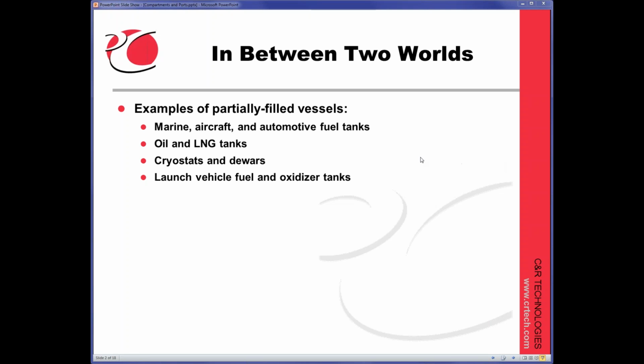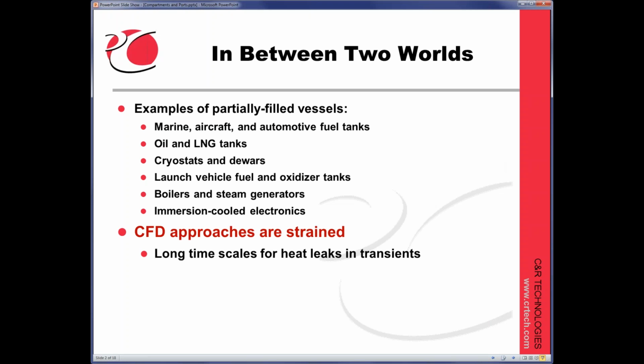of our model. And what I mean by in between two worlds, I guess before I mention that, I should point out there are other applications that you might not think of as a tank, but are really kind of a partially filled vessel, such as a boiler, steam generator, or as I'll show you in a moment, immersion-cooled electronics. Basically another kind of half-full vessel, but in this case, it's always half full. It's not filling or emptying or draining or venting or anything like the other ones are. So what I mean by in between two worlds,